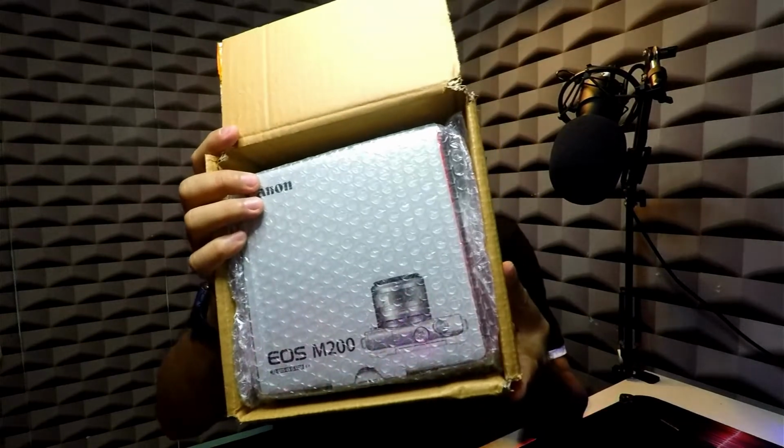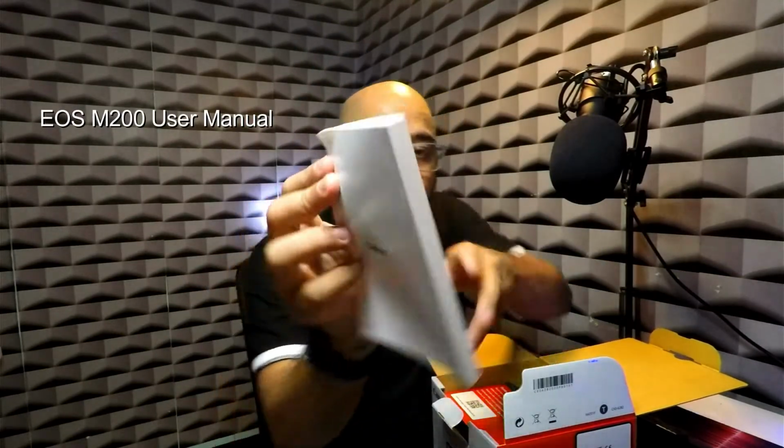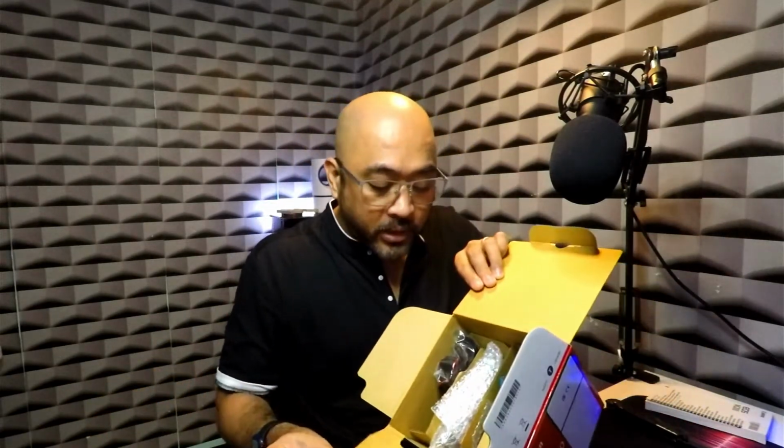The item, and you see the EOS Canon M200. It's still wrapped, bubble wrap. Yan. Item is usual. When you open the box, you will see, of course, the manual, thick manual. There you have it. Put it here. Opening this will show you the